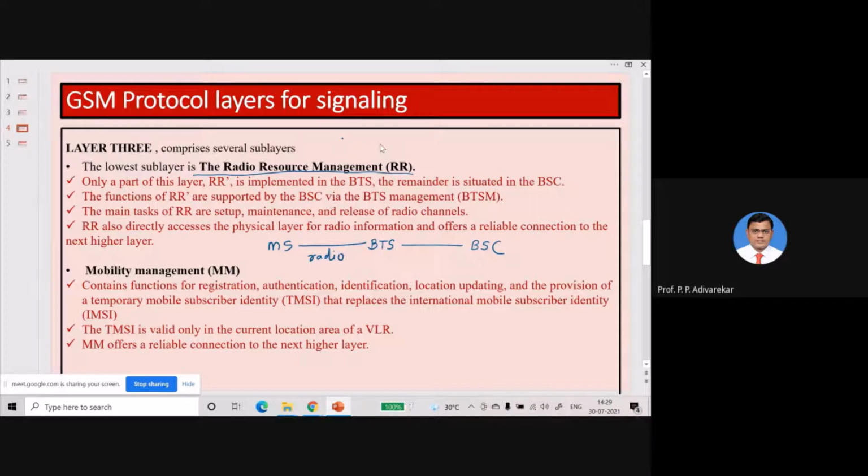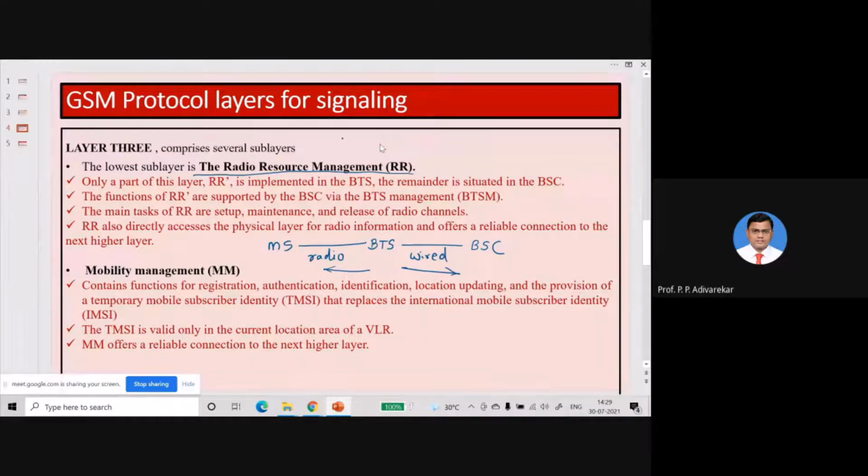Another is the base station controller, which is the wired one, or which is the wired interface. Okay, so the entire connection of the BTS is not wireless. Some part of it is wireless and some part of it is wired. So that's why only part of the RR is implemented in the BTS and the remaining part is implemented for wired connection, which is not RR.